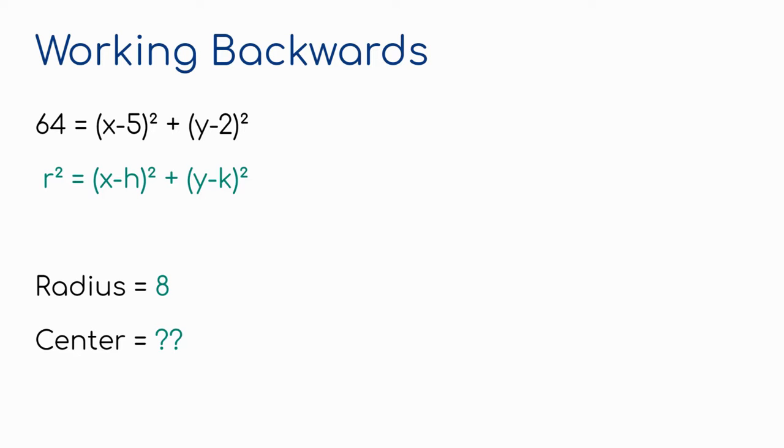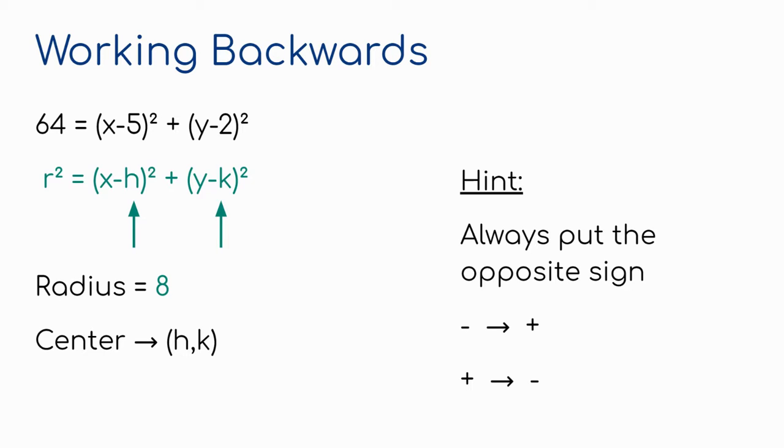Then we need to find our center. So finding the center is a little bit trickier. We know that it's represented by h comma k. So first thing we're going to do is find them in our equation. So here's our h and here's our k. The thing you got to notice is that in front of h and k is a minus sign. Minus kind of means the same as opposite. So the big trick here is that the numbers are always going to be the opposite of what they are